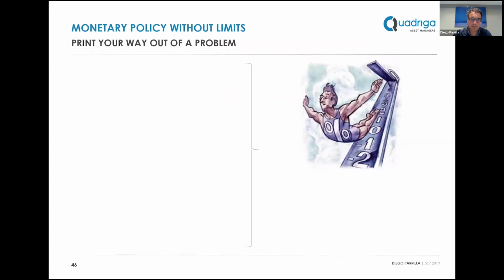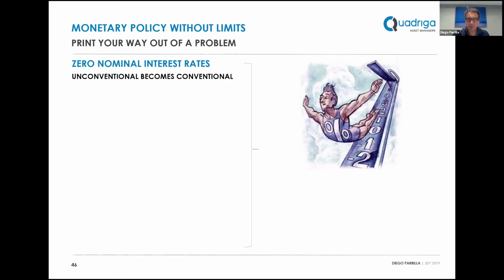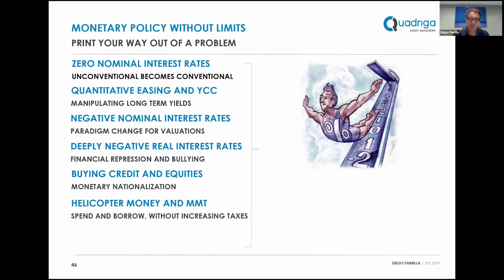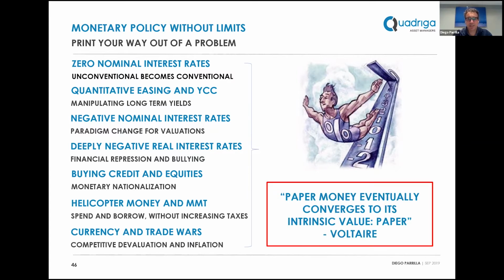So I think here the background is this idea that we've discussed about how central banks have been trying to print their way out of trouble, with all sorts of measures that have included zero rates, QE, negative nominal yields, pushing effectively beyond government bonds into credit, giving checks to people, financing spending, pushing currency and trade wars, all sorts of things that eventually lead to currency devaluation, as Voltaire's dictum goes: paper money eventually converges to its intrinsic value, which is